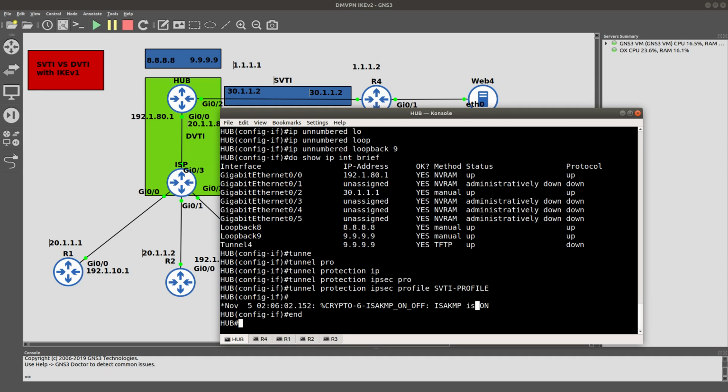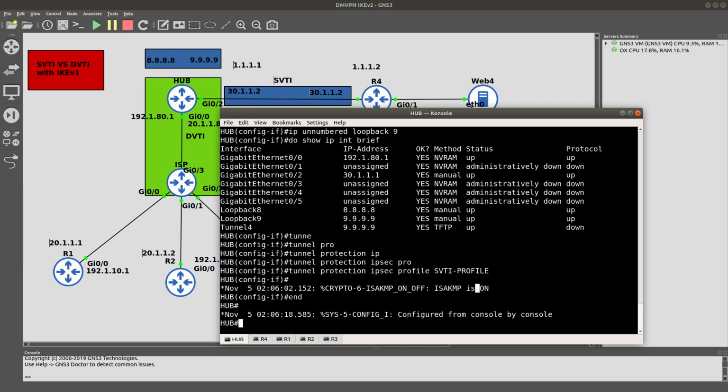And since I don't want to configure everything on router 4, what I want to do is copy and paste the egress1 phase 1 and egress1 phase 2 configuration from the hub to router 4, because it is going to be almost exactly the same. So you want to do a show run, and a section crypto,